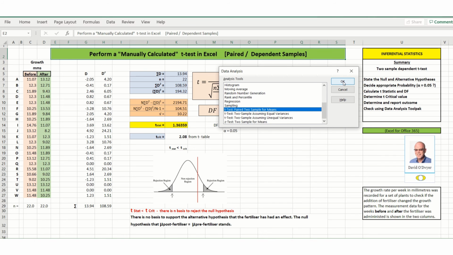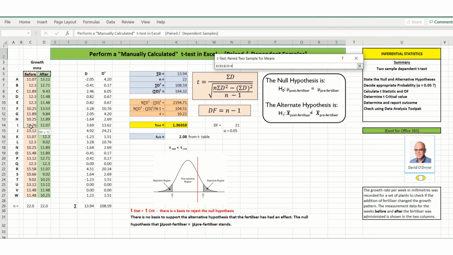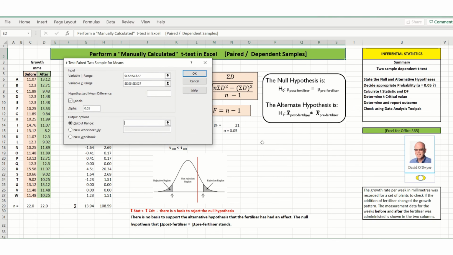This one, say OK, and then we need to select our first set of data, and that's here, so I select that, and then the second set of data, this set here. And because I have also included the two headers, I need to signal that to Excel by clicking on labels. The output we will put into the spreadsheet itself, so we click on output range here, and we select, and we'll pick a point to put it at. We'll put it here,